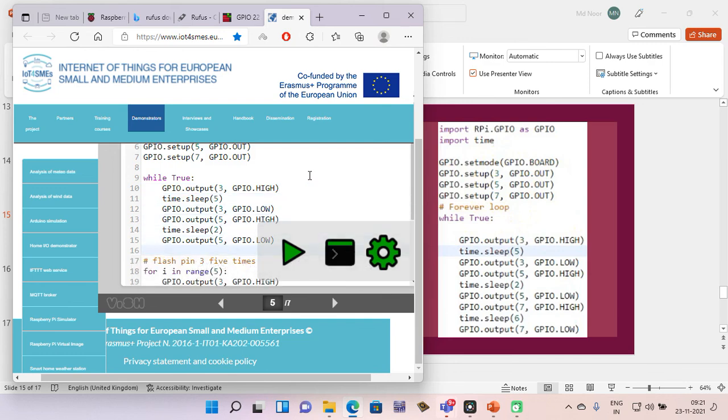Okay. After turning off the yellow color light, you turn on the green color. Pin number 7, right? Green color is number 7. To give high value, try to turn it on. Then go for sleep.